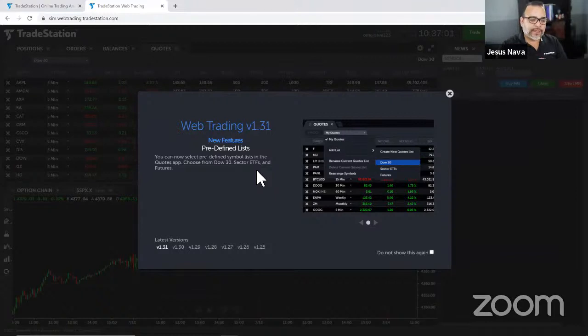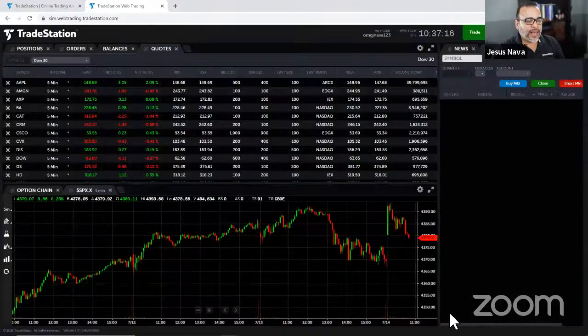You also get this overlay. The overlay tells you what's new on web trading. Web trading updates automatically. Every time you log in, you get the newest version. And whenever there's a newer version, it tells you what was added. Okay, let me go ahead and get out of this modal. And this is the way that I left my web trading platform the last time I was using it. There is different things you can do to the web trading platform in regards to organizing